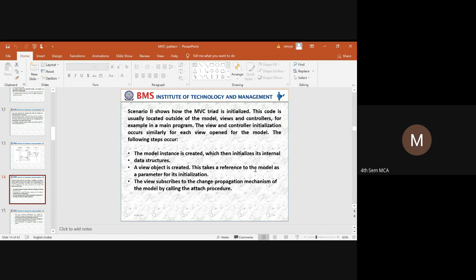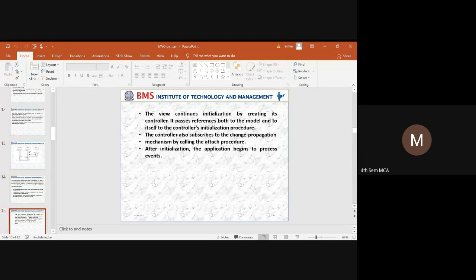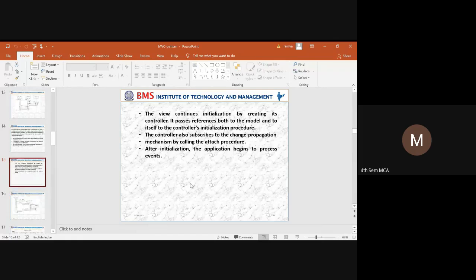Once the data structures are initialized, it goes to the next step, where the view is created. It takes a reference of the model and initializes its parameters. Once the parameters are initialized, through the change propagation mechanism it attaches all the details through those procedures, and the view is represented.